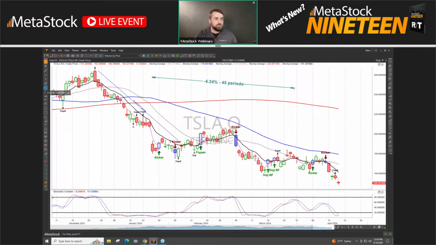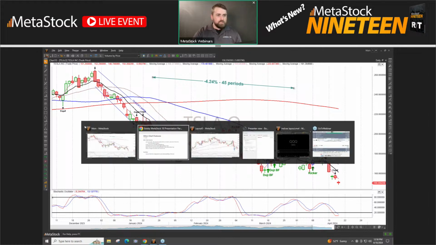Well, now you just have a tool right here, a measuring tool for percent, a measuring tool for points, and it's really easy. Click, put it where you want it. You can have these automatically attached to like the price or the date, or you can have it free floating if you want to use it in a free floating aspect. So that's really cool new feature there.